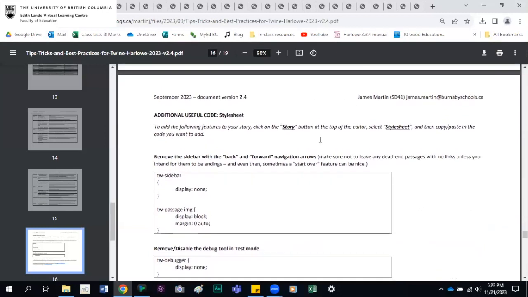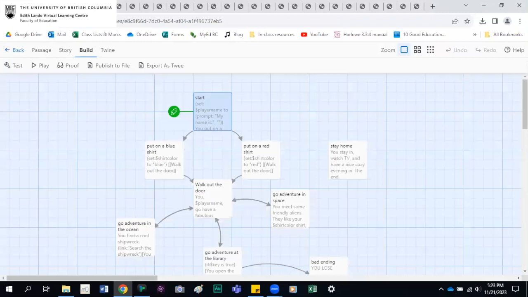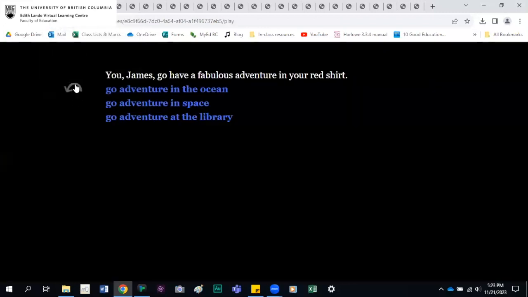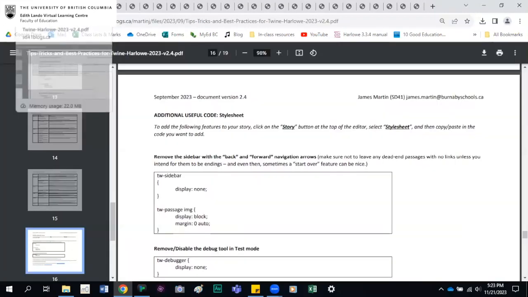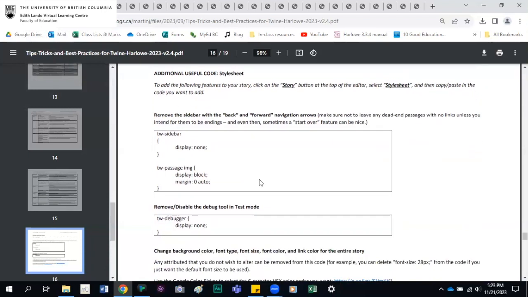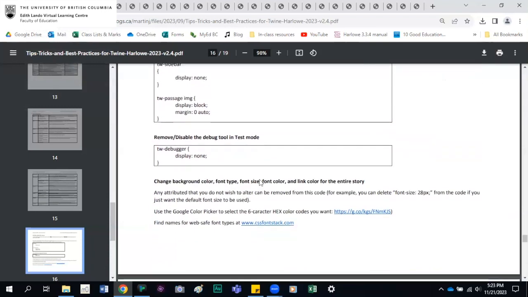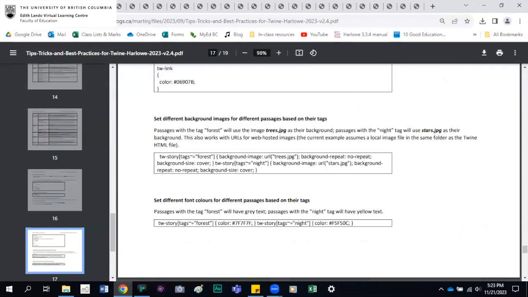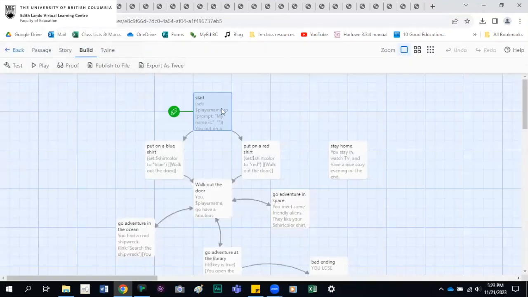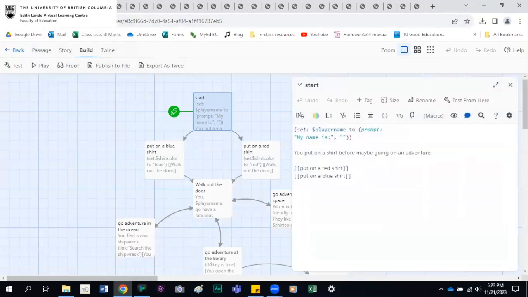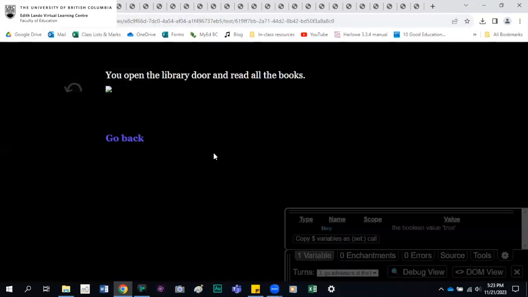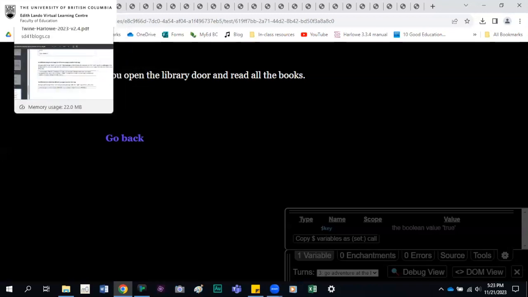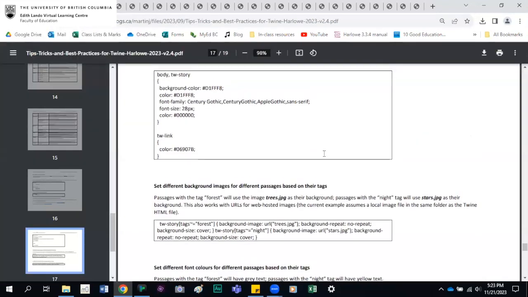And yeah, further in the document, I have some more advanced options. Like if you want to do a game that does not have this undo button on the side, there's a way to remove that. It's in something called the sidebar. Changing the background color, because the standard is everything's white text on a black background. If you want to change the background to a picture, that needs to be done through CSS, which